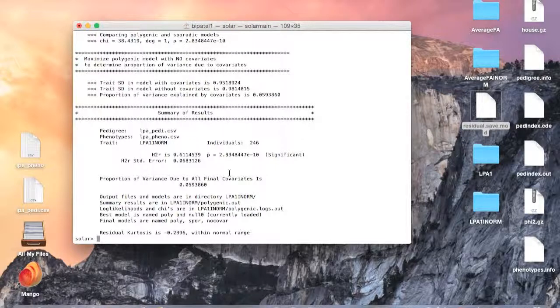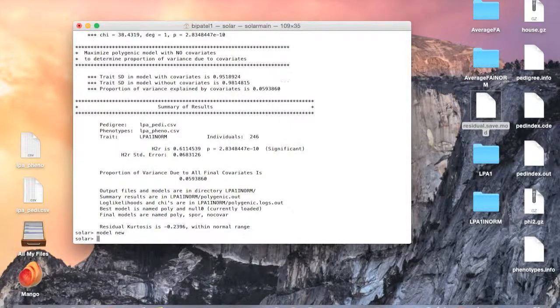And now everything is fine. All you need to do for the multivariate analysis is type model new, type trait, average FA inorm, LPA1 inorm,